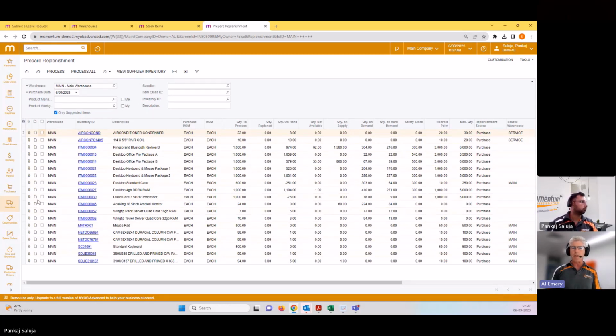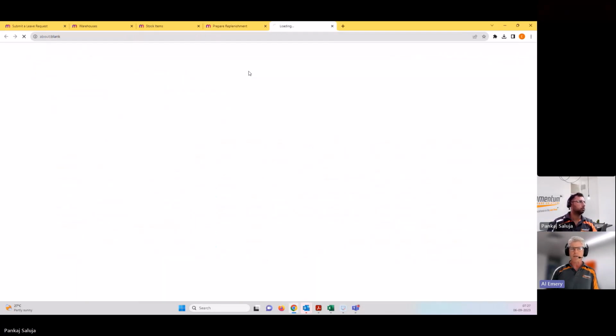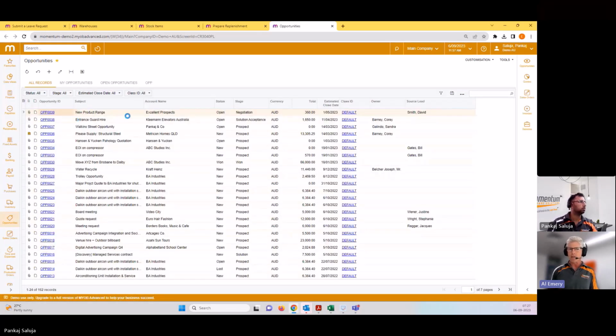Let's look very quickly at CRM. So EXO has a CRM module. Advanced has a very good CRM module that allows you to manage both your customers and your prospective customers. Manage opportunities for those customers. So an opportunity is a potential sale or potential new customer. One nice thing about opportunities in Advanced is you could have different opportunity types that have a different workflow or different stages that they go through,